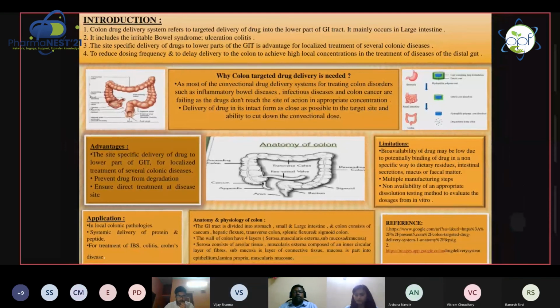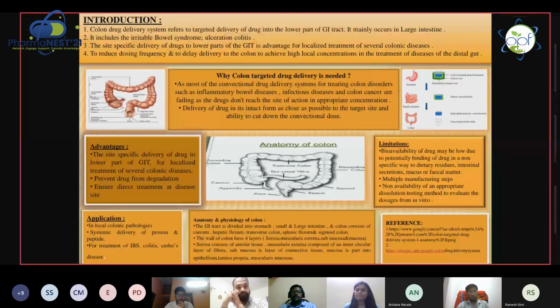If you have reviewed the topic, just give a brief about various pH dependent drug delivery systems to the colon. Ma'am, sorry, I can't hear. Give a brief idea of various pH dependent drug delivery systems which will target the colon. Ma'am, radio telemetry something. Sorry, ma'am, radio telemetry, I have no idea. Is it a method for delivery? No, ma'am, sorry, it is used to measure actually.